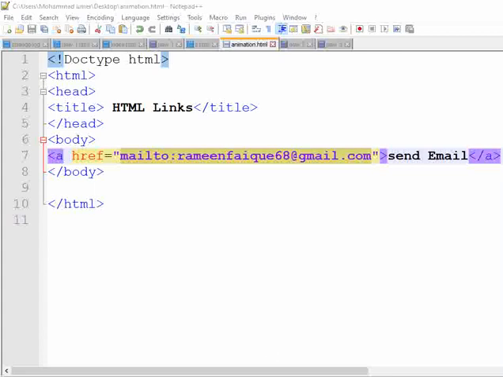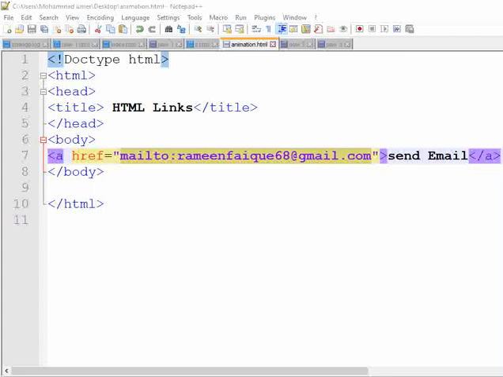Another thing that we are going to discuss is bookmarks. So what are bookmarks, and why are we learning about bookmarks in HTML? What is the purpose of bookmarks in HTML? Before explaining the bookmark, I want to show you an example. After that you will have a picture of bookmarks in your mind.